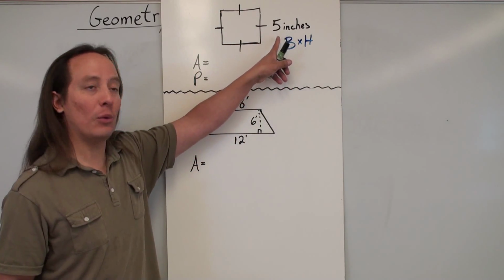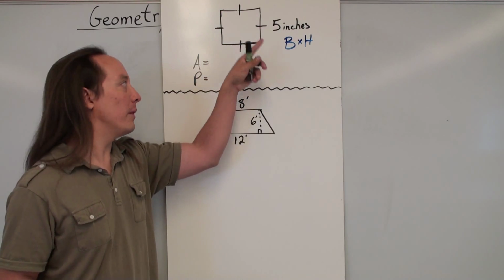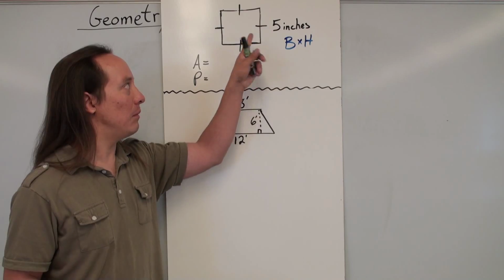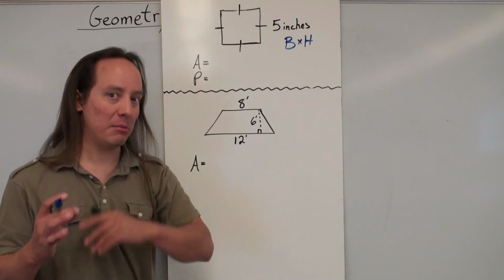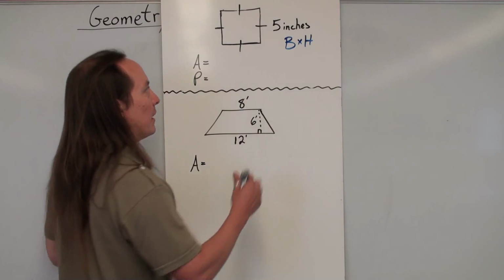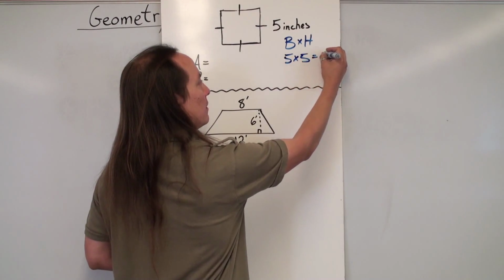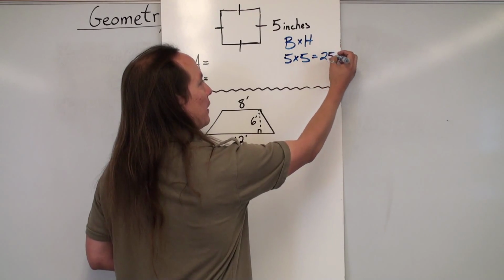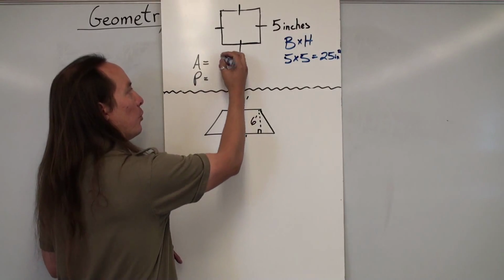They gave me the measurement of one side, and then they put one line through each of them. And that means that if they have one line, they measure the same as the one that has a measurement, 5. Does that make sense? Okay, so this is just 5 times 5, and that would be inches squared. Okay, so that's my area, 25